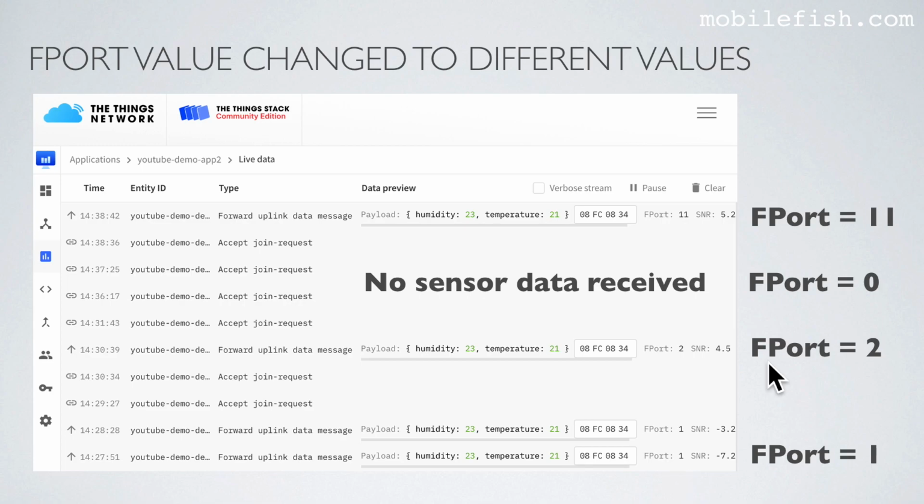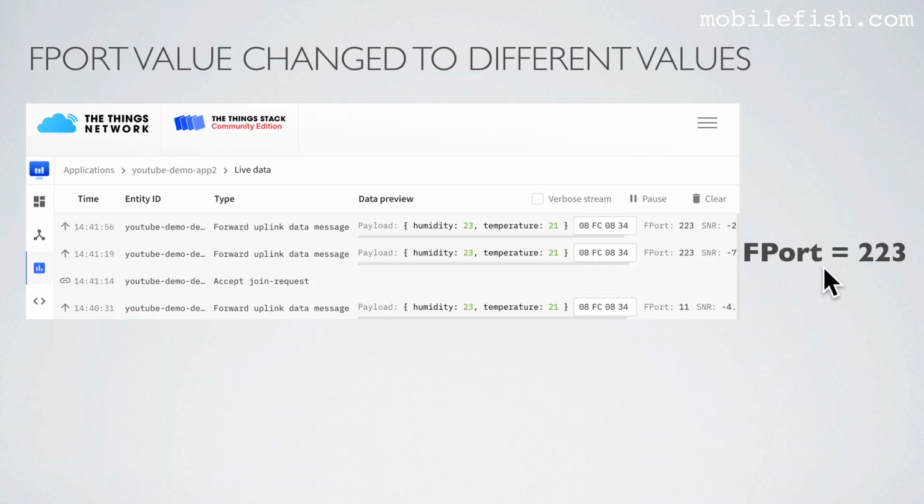If I set FPort value to 2, FPort value 2 is shown here. If I set my FPort value to 0 in my Arduino sketch, no sensor data is received. When I set FPort value to 11 in my Arduino sketch, FPort value 11 is shown in my console. FPort value 223 is the highest number I can set, and as you can see over here, FPort value 223